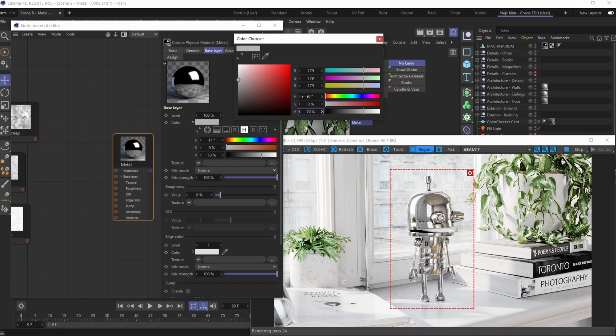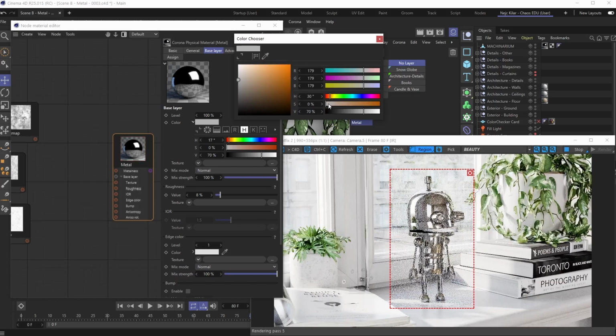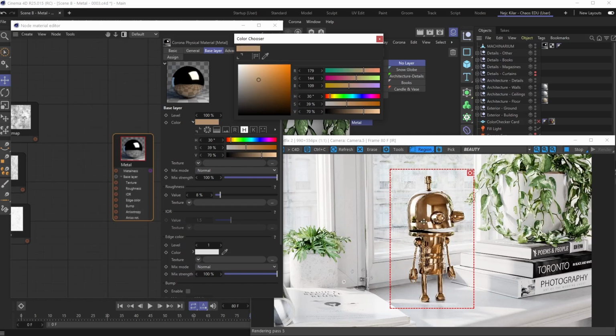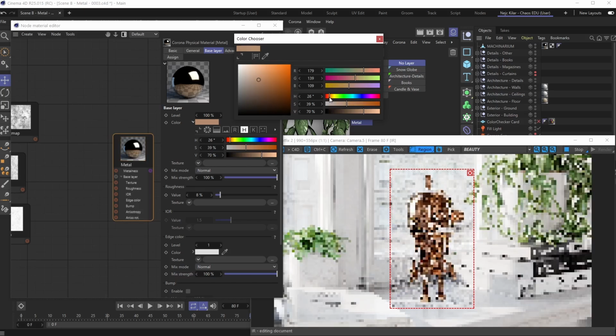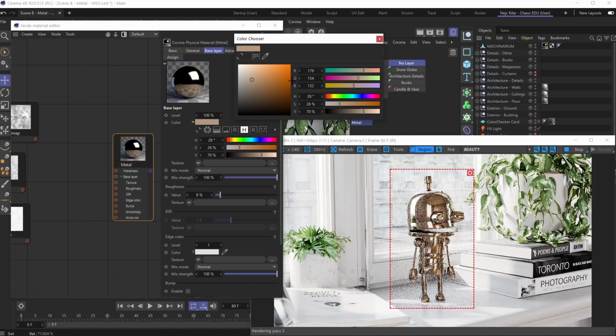So if we start messing with the hue here just a little bit, right? And if we start adding saturation to our color, oh, well then, check that out. Now we're messing with the reflection color for our metal materials here. All right. So the workflow here is pretty straightforward and it should be really intuitive. So, you just choose the color you want, you play with the value to control that reflection strength, and whatever you're happy with, that's